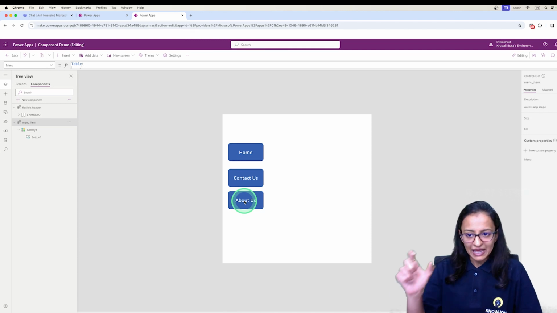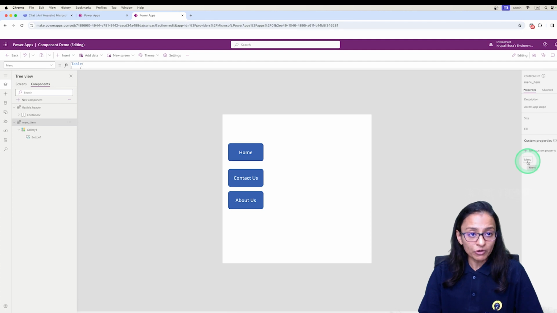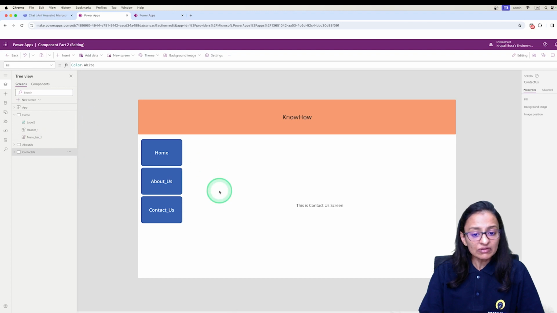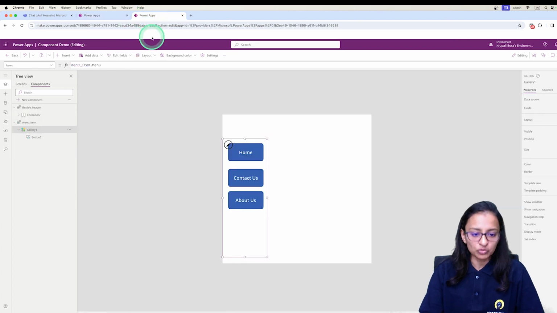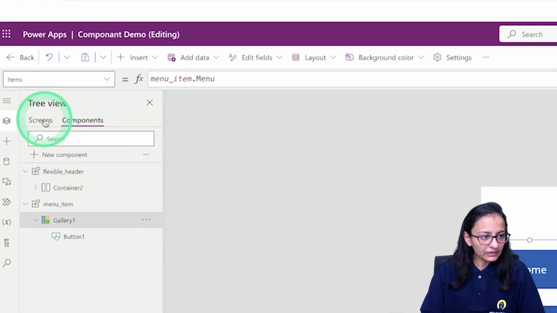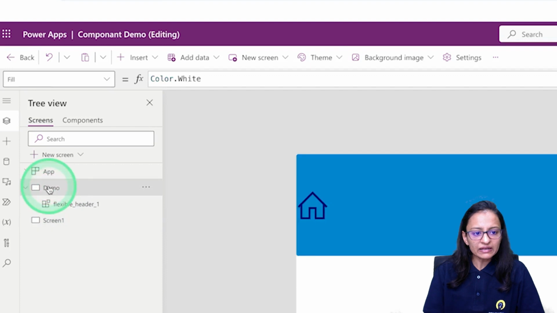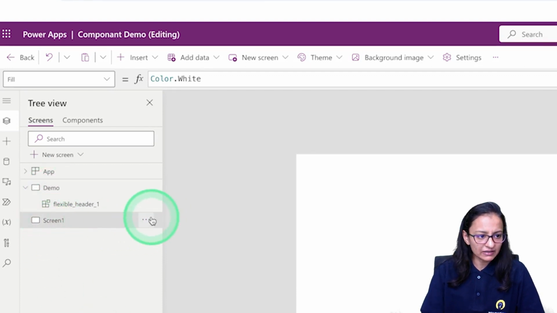So I hope you understand how I am creating a menu dynamically, and how I am creating a menu property, that is a table property, and how I am assigning it to the gallery control. So here my task of creating a component is finished. Now what next thing do I need to do? First, see here, when I have created a screen, I have added this component in my screen. So how can I do that? For that, let me go to the screen and add a new screen. Or we can add our component here also, but let me just give that home screen,